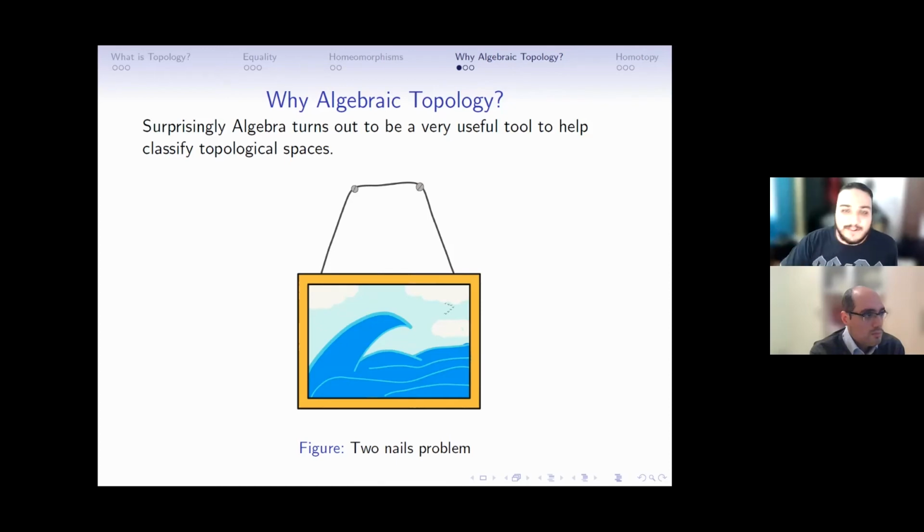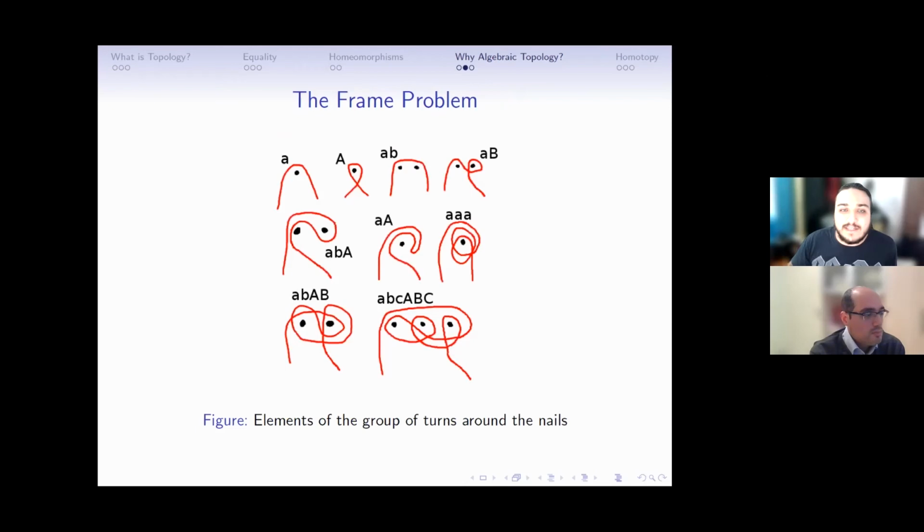So thanks to Georgia, we have had a small introduction. So in fact, we've got a definition of the group, more or less. So we've got, for example, for one pin, each pin defines a generator of the group. And we can define this small a going clockwise like this around the generator. Capital A going like this anti-clockwise around the generator. So then AB would look something like this going over the hook, right? Small a b, you're going clockwise around one and anti-clockwise around the other. So then ABA here